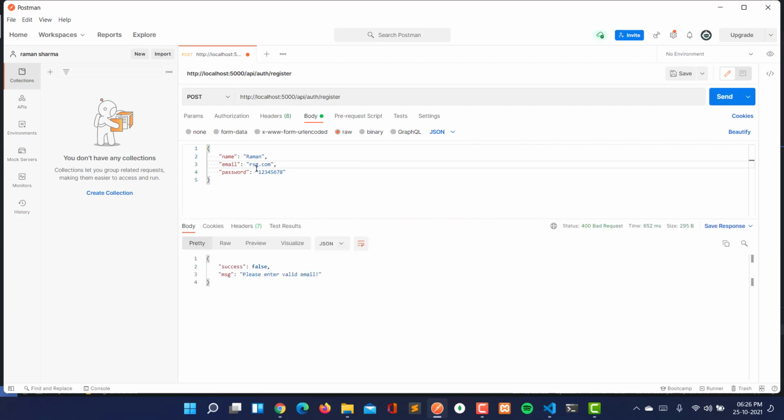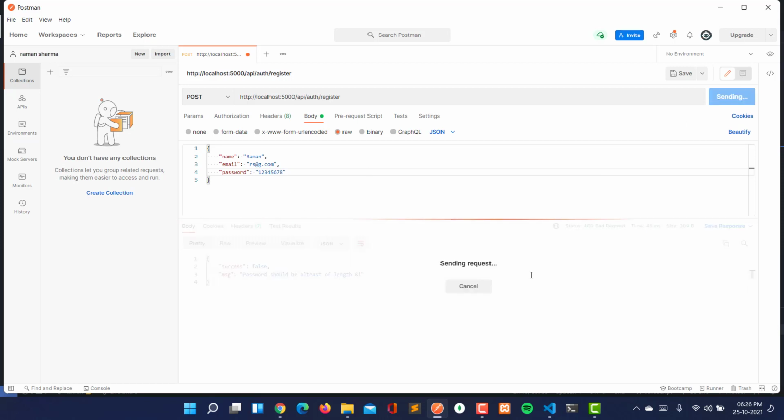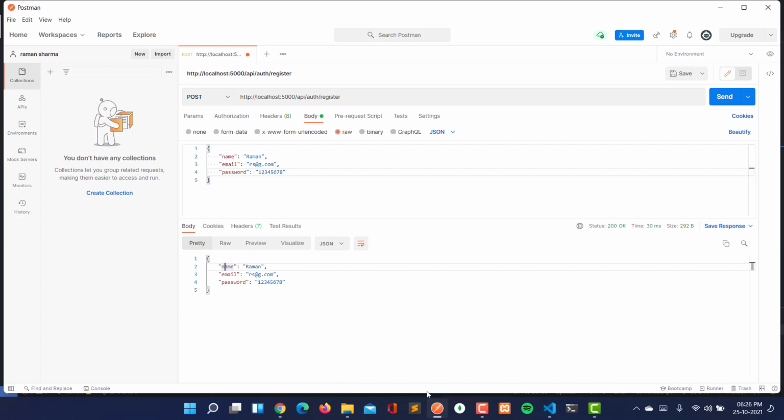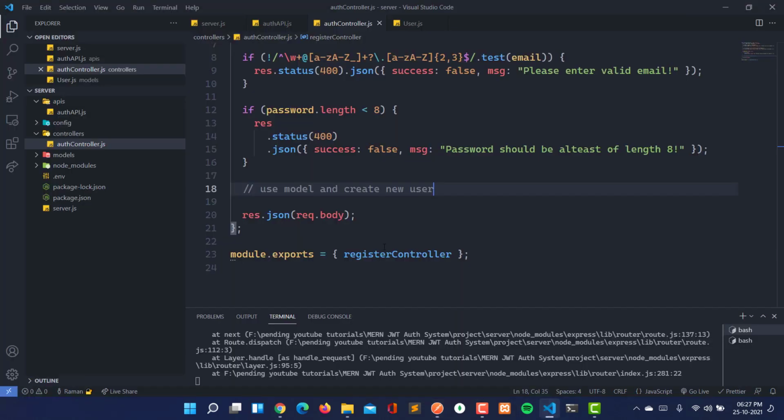See that our regex is not working, we are getting please fill in all fields. Now our password length is 7 here, so we are getting the error that password should be of length 8. Now this should be 8, and whenever we click on send, we are getting the whole data back. So this we have added here.